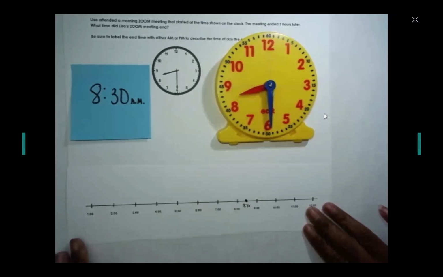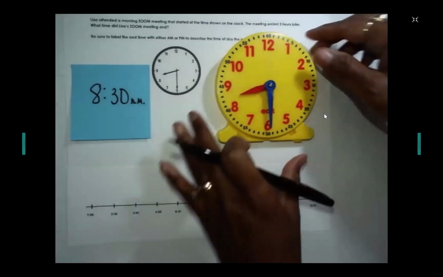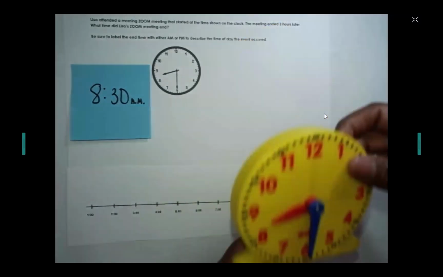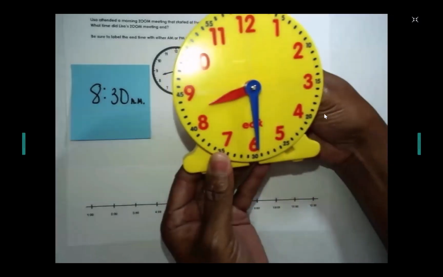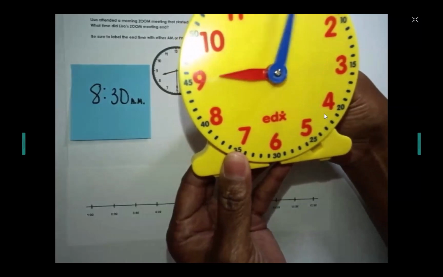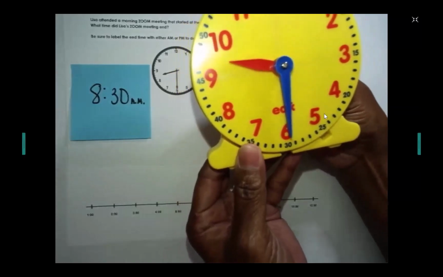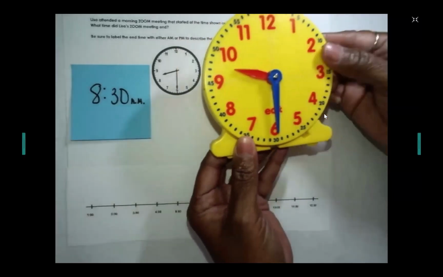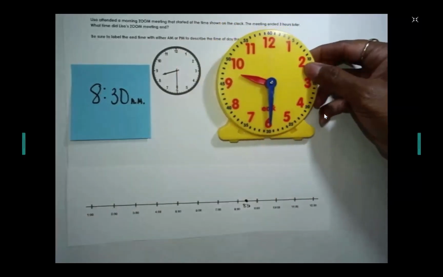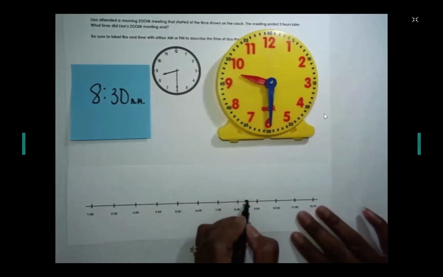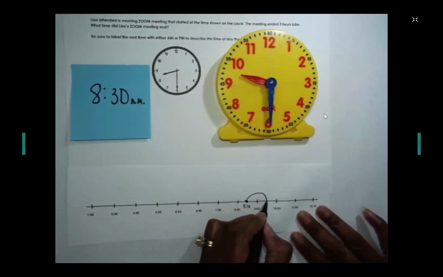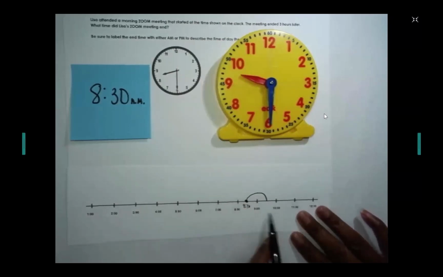8:30. I know that the meeting lasted for 3 hours. So I'm going to use my Judy clock here, and I'm going to show the passage of time for an hour. The minute hand goes all the way around one complete time and stops where it started. I can see now that the time is 9:30. So on my timeline, I want to show 1 hour passing. I'm going to jump 1 hour halfway between 9 and 10 because I know it's 9:30 that I'm trying to show. So right here, 1 hour later is